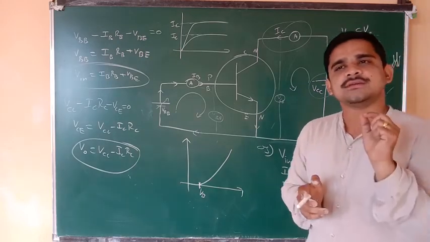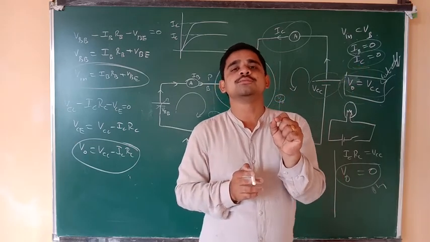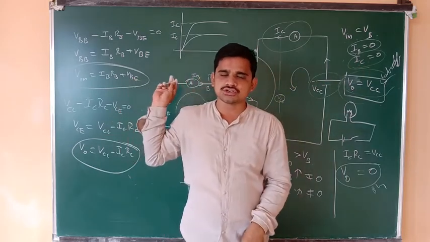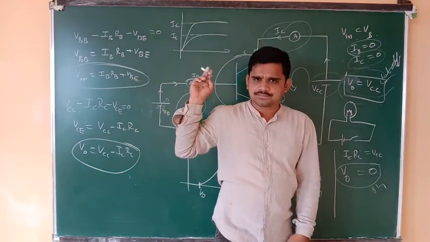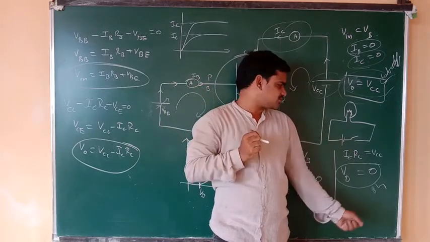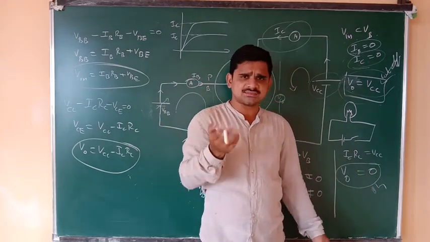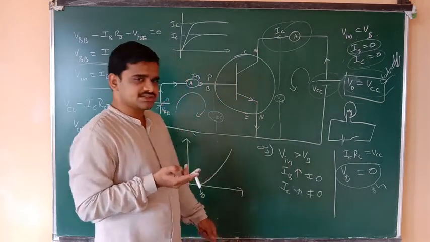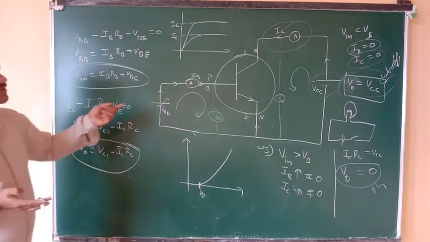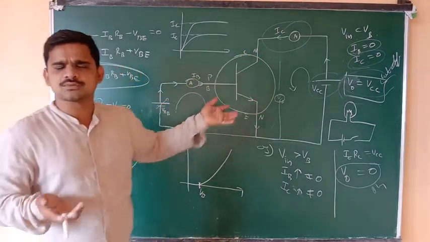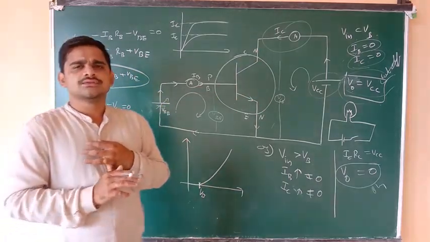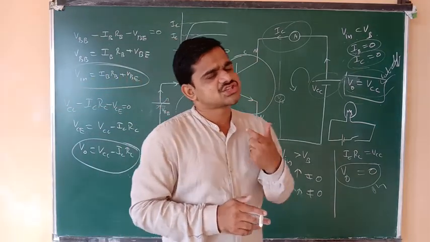Understood? When the input voltage is more than the barrier potential, there is a current in IB, so IB is not equal to 0. IB increases, and commonly IC is going to increase. Current will be there at the output, and in some situation these two may be equal, meaning the maximum current is reached. When these two are equal, the output voltage becomes 0, meaning there is no potential drop between these two. When there is no potential drop, it is on state. The total current is utilized here. So that's how we can take this as a transistor as a switch.